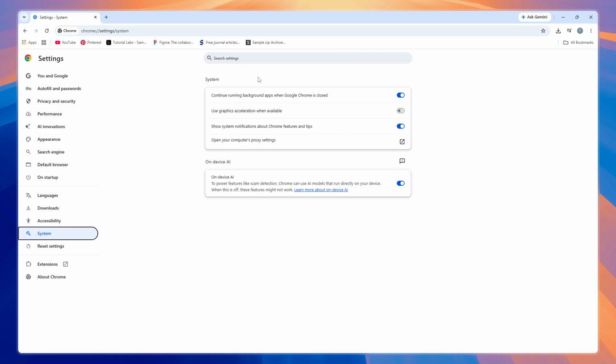Here you'll see an option that says Continue running background apps when Google Chrome is closed. This feature allows Chrome to keep certain processes active even after you've closed all your browser windows, which can consume system resources and slow down your computer's performance. While this can be useful for receiving notifications or keeping extensions active, it can also drain your battery and use memory unnecessarily. To disable this feature and free up your system resources, simply click the toggle button beside this option